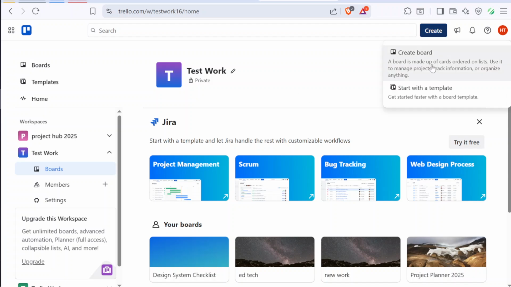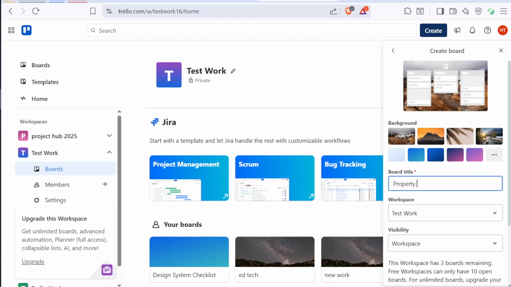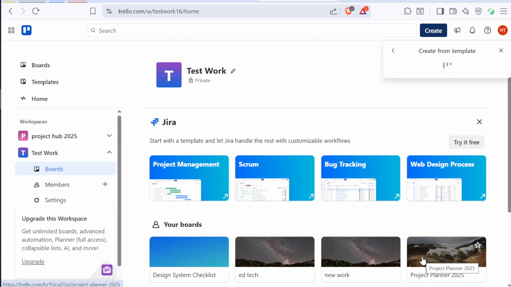Click on Create a New Board and give it a name that makes sense, like real estate projects or property listings. Think of this as your blank canvas for managing your work. If you'd like to save time, Trello also offers a variety of templates. Click on Start with a template,